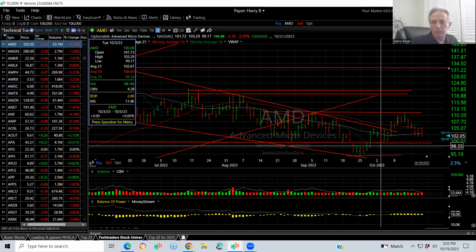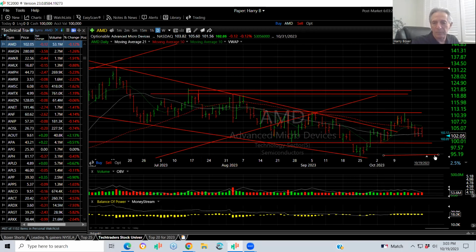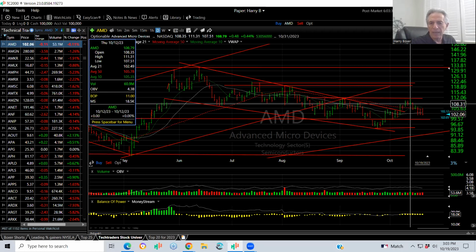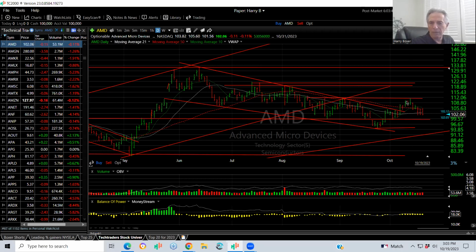I do not want the stock to break down, and if you're trading it, be cognizant of 99 as a key support level. Underneath that is 95, of course. But a break below this pattern negates the inverse head and shoulders. Here's your left shoulder, head, and right shoulder. If, in fact, you can take out the neckline and triple top resistance at 111.31, my target's then going to be about 119 and then 129.30.